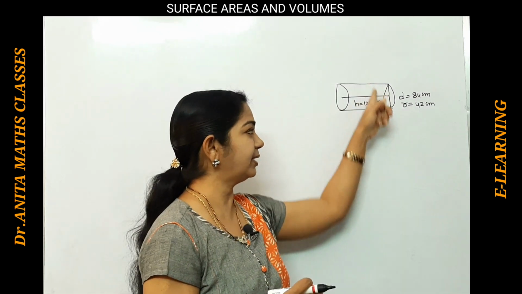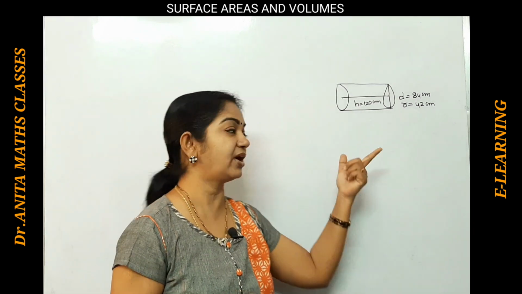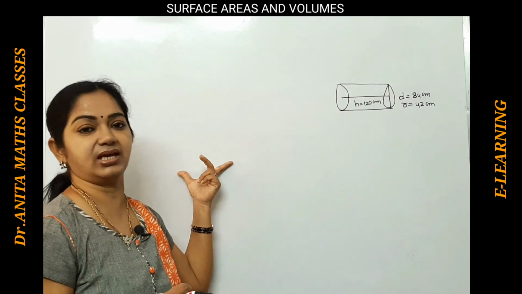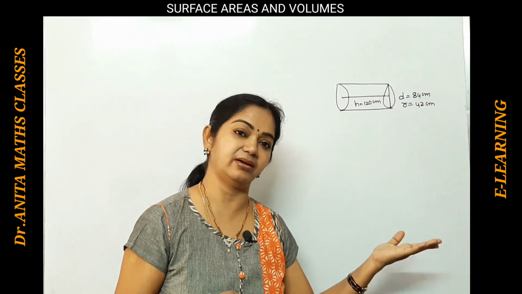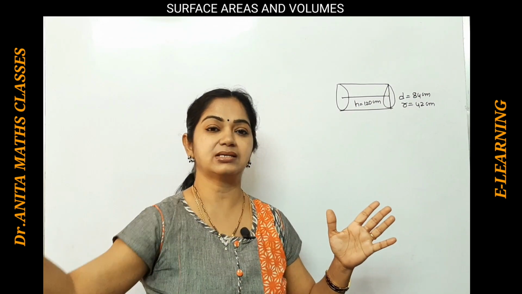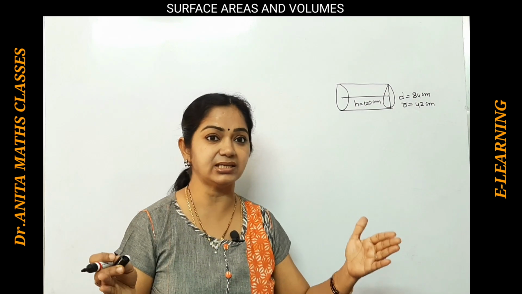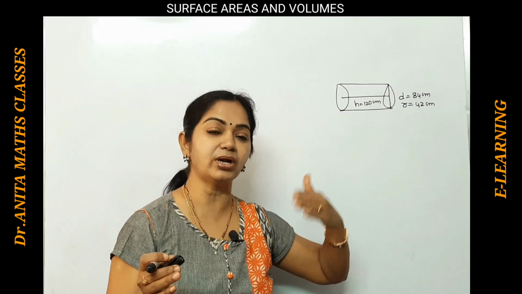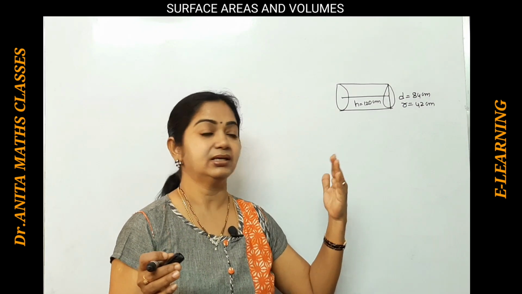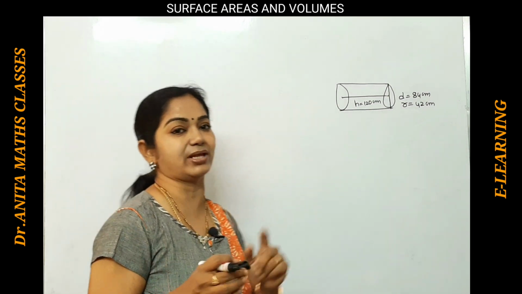One complete revolution means 1 CSA we have to consider. That means if we find the curved surface area of 1 revolution and multiply it by 500, we will get the area of the playground. The area of the playground covered is in 500 revolutions. When the roller has rolled 500 times, it has leveled the playground. So 1 revolution means 1 CSA.